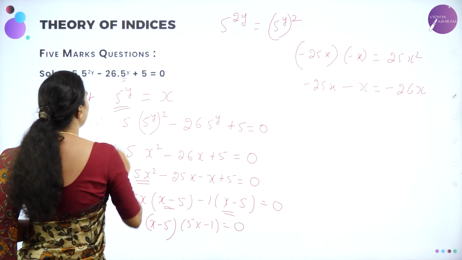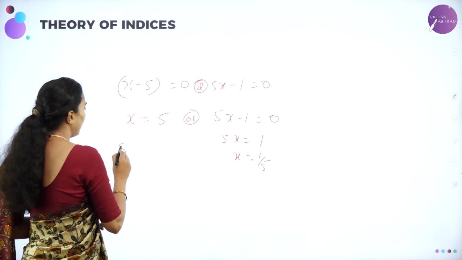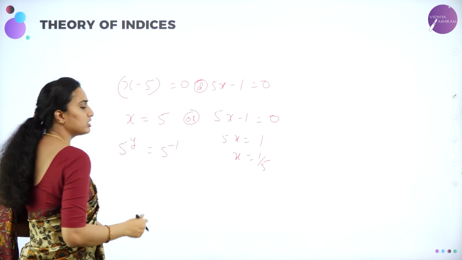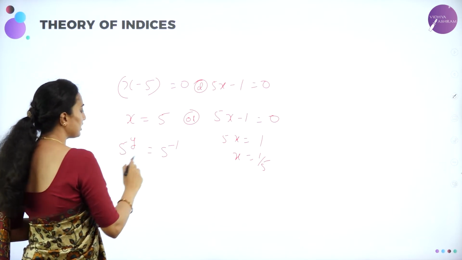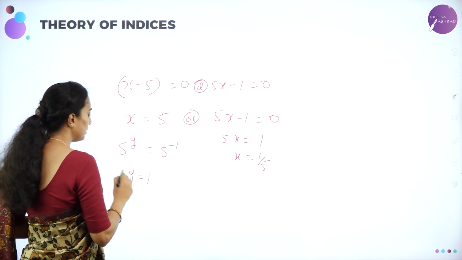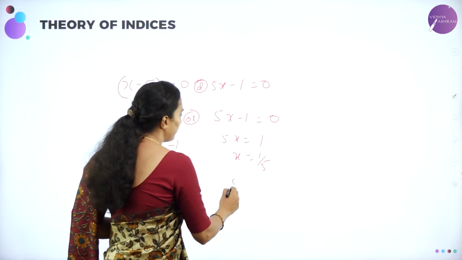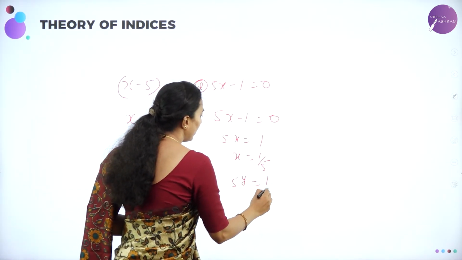Now what is x? x is 5 power y. So x is 5 power y equal to 5. Now you have 5 power 1 as 5 only. So the bases are the same, I can equate the powers: y will be equal to 1. Let me try out the other one. So x is 5 power y, as you know, 1 by 5.